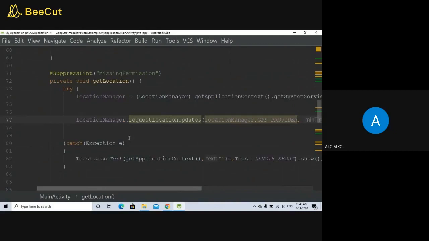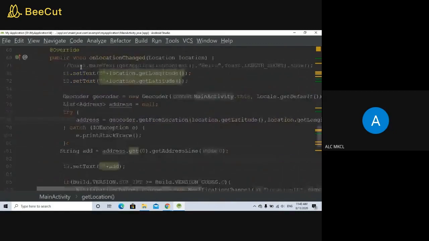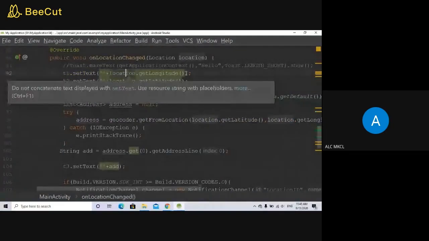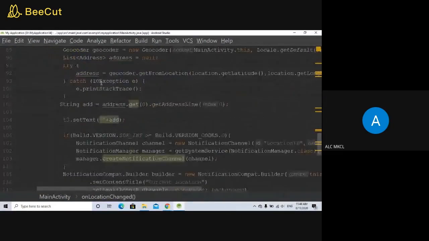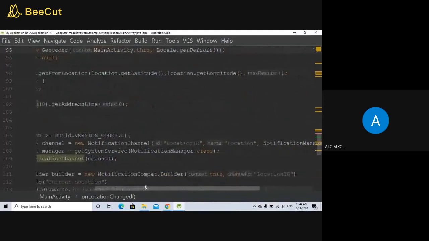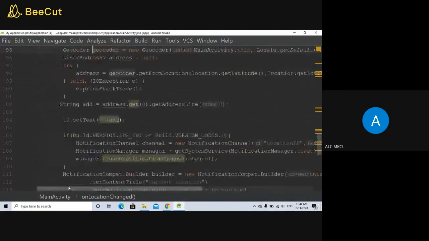On location change, you need to set the longitude and latitude. You can retrieve the longitude with location.getLongitude and the latitude with location.getLatitude. So t1.setText location.getLongitude and t2.setText location.getLatitude. You need to have the address. For getting the address, you need to define the Geocoder: a new Geocoder with MainActivity.this and Locale.getDefault.